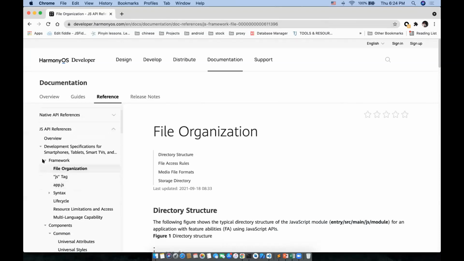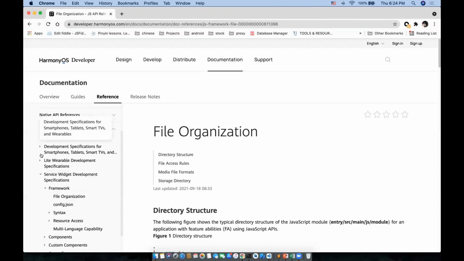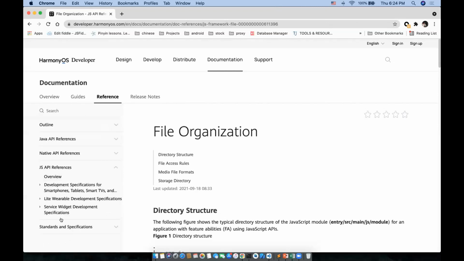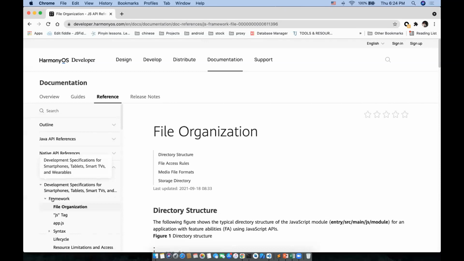Here you can see, at the high level, they have given the cases where you develop applications for smartphone, tablet, smart TV and wearables. If you want to develop for light wearables, which have fewer resources, you can use this same framework, and even for service widget development you can use the same framework.